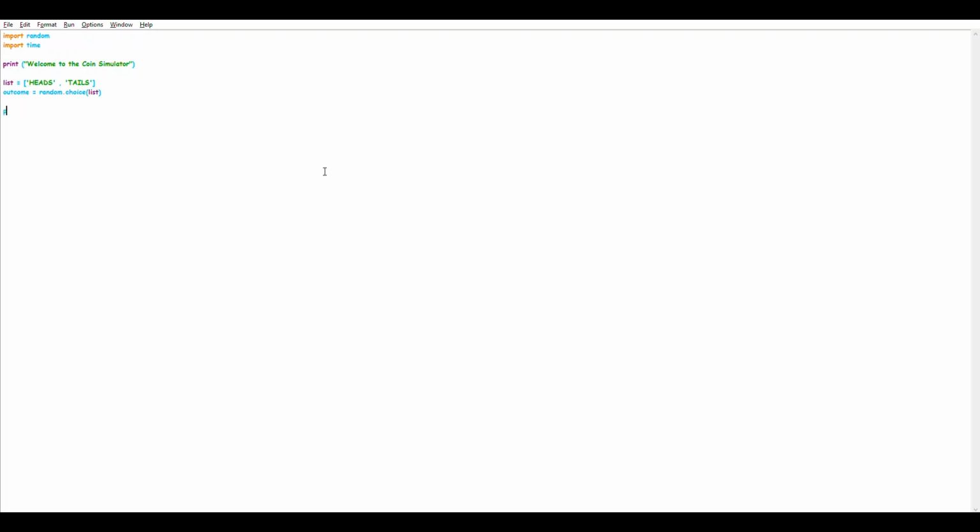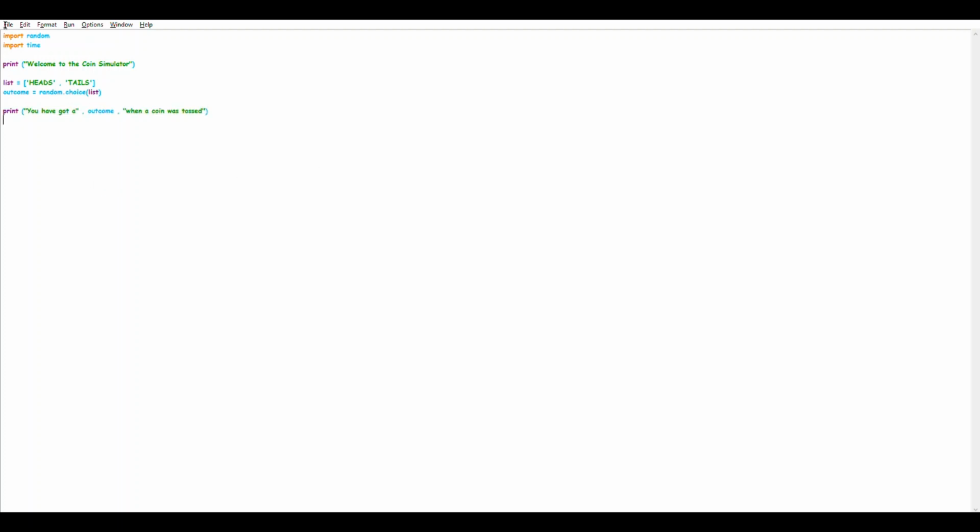So now let's print it. So let's say you have got a, close quote, comma, and now that outcome is already an assigned thing, it can't be in quotes, else it will be printed just as outcome. So outcome without quotes, again comma to separate, and this is, I felt like writing this, so I wrote it. It's your choice whether to write it or not. When a coin was tossed, don't forget to close the brackets, and there you have it.